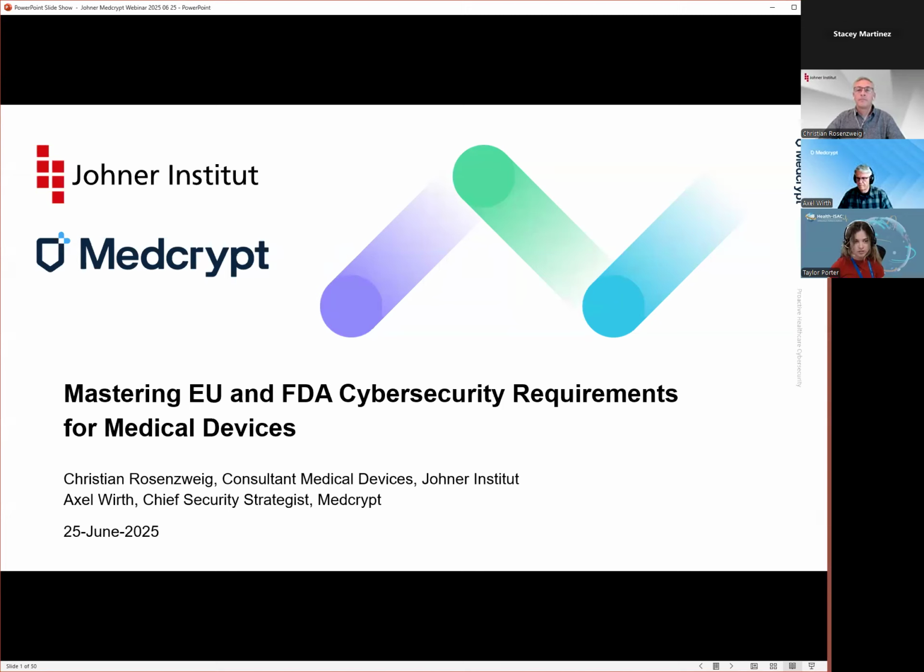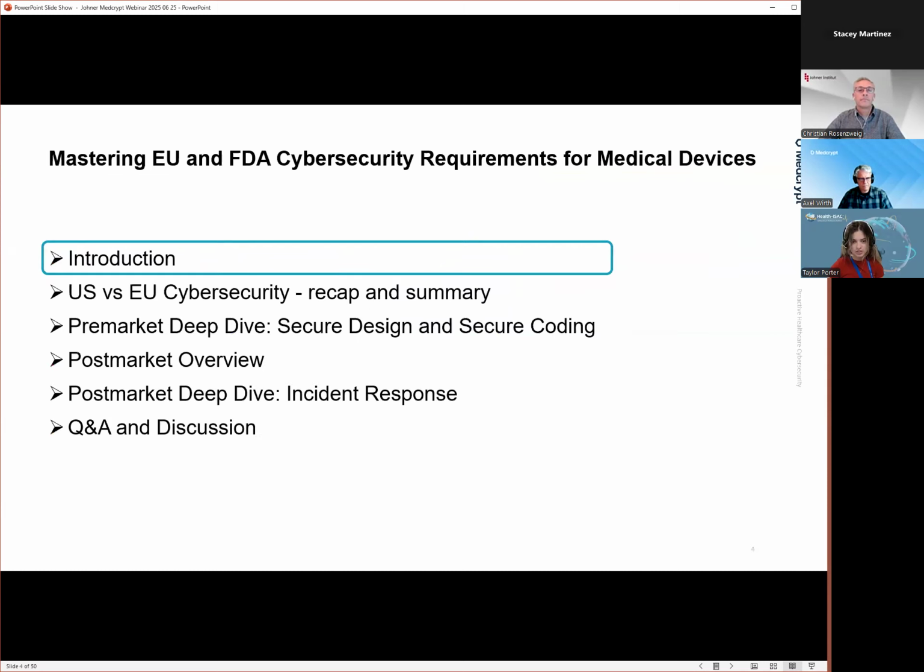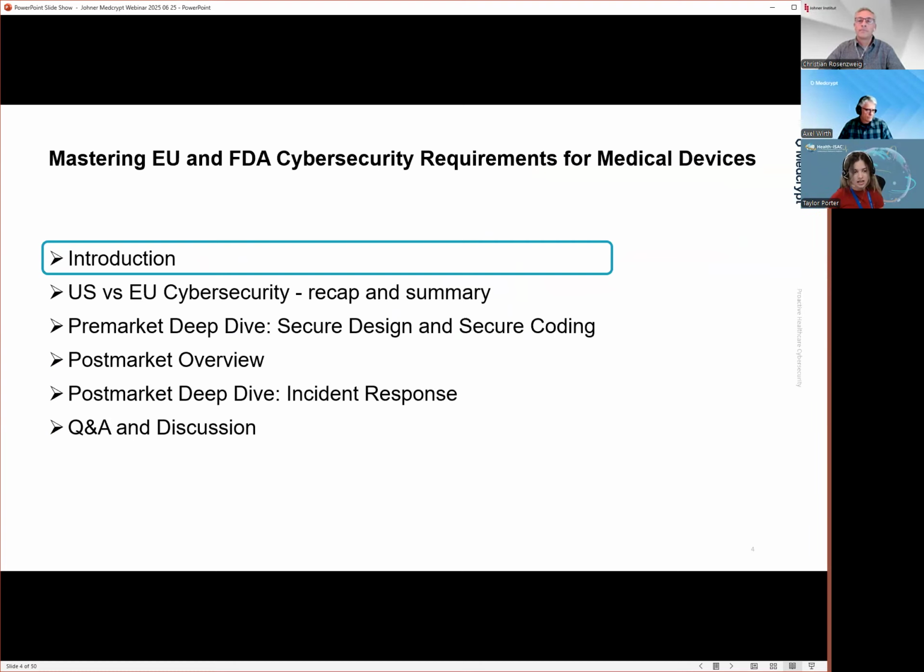Our presenters for today's event are Axel Wirth. As a Chief Security Strategist, Axel Wirth provides strategic vision and industry leadership to Medcrypt and its customers. In his role, he helps guide the company in critical security strategy decisions and supports the adoption of leading security technologies by the healthcare industry. He's an advocate for compliance, privacy, and security, and ultimately patient safety in healthcare. Wirth draws from over 30 years of international experience in the industry.